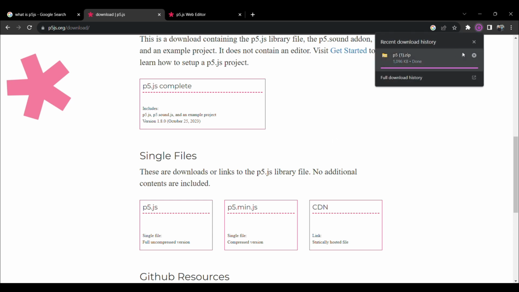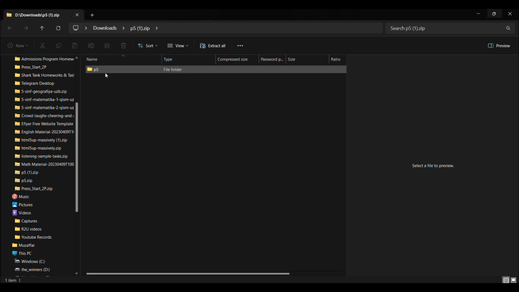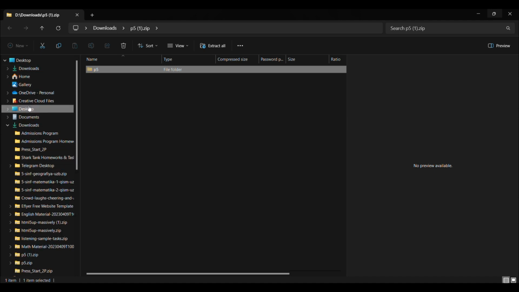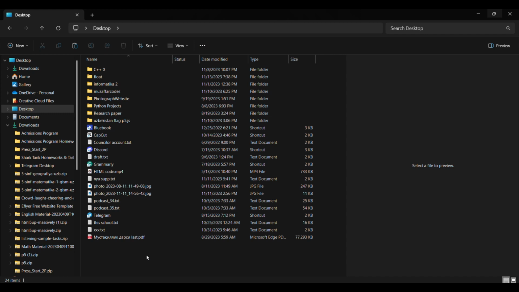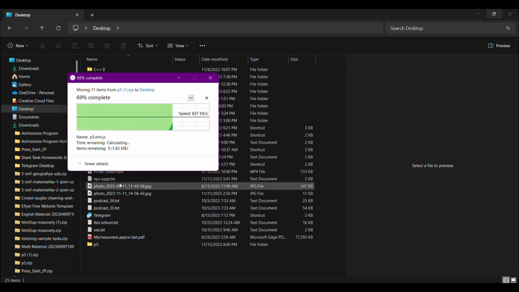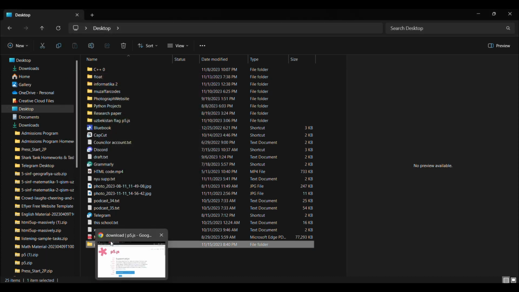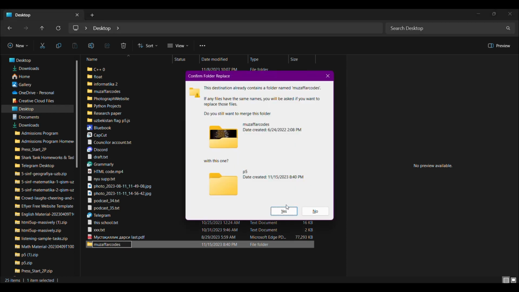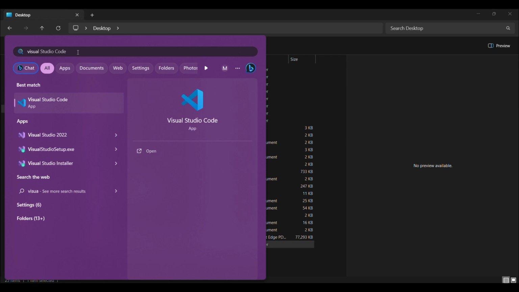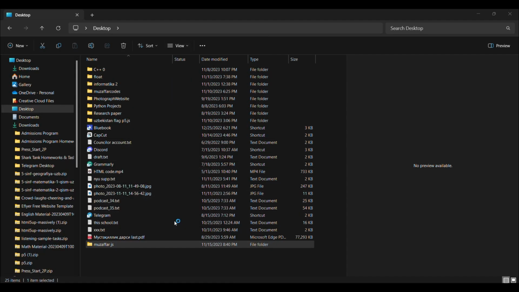And if we open up the P5.JS file, it's in the downloads section, and I want to make it visible on my desktop, so I will move it to the desktop section and rename it Muzaffarcodes. What we should do next is open Visual Studio Code, not the Visual Studio of Microsoft,